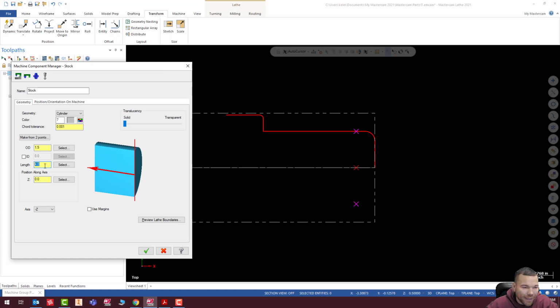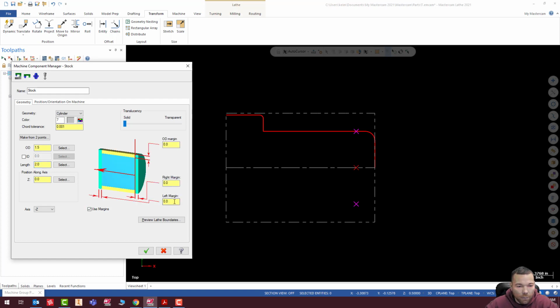And remember, I can leave this long, or I could also use my margins. I'm going to use my margins because I like to use those. I'm just going to make my left margin 2.0, and I'm going to make my right margin 0.01 because that way it'll show the face. So I'm going to hit check,